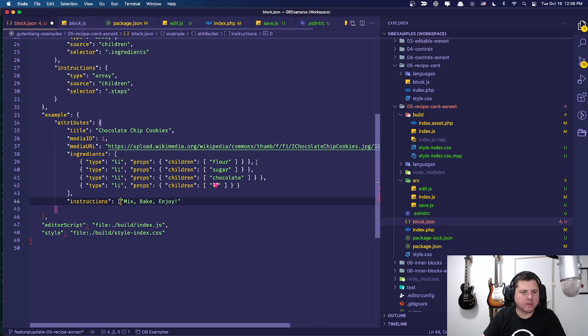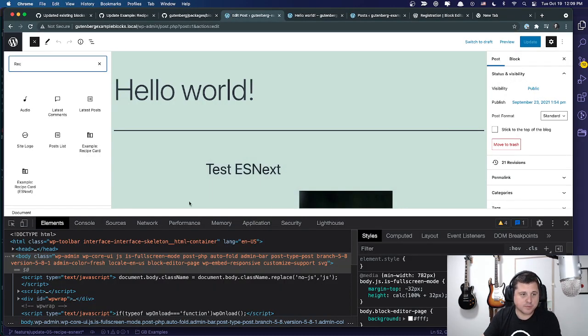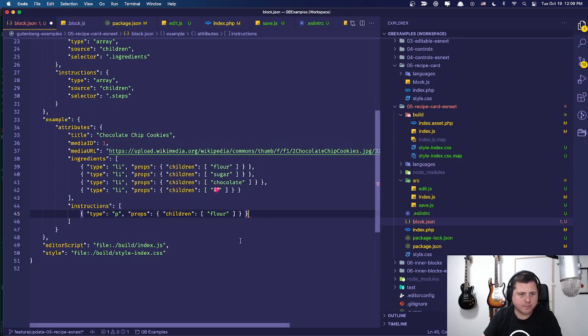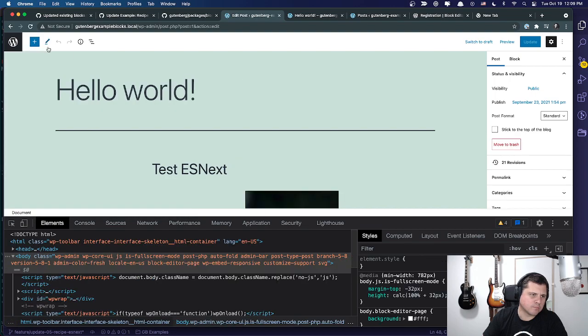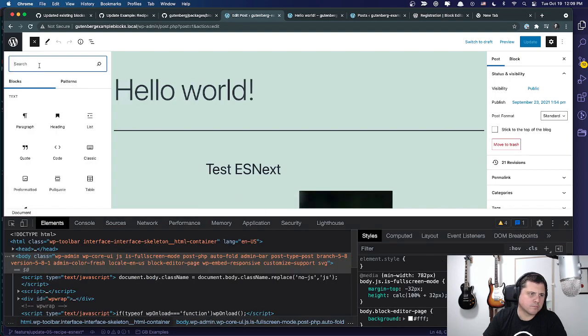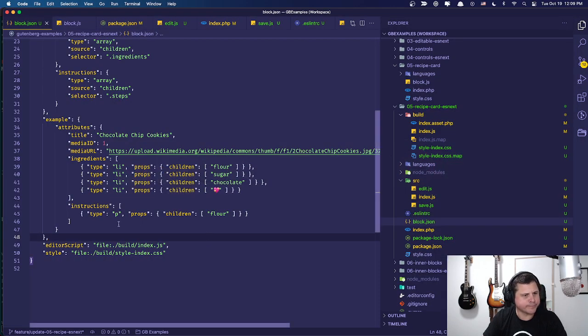Expecting an array. I wonder if it needs to be like this. This is super unintuitive if that's what it is. I'm probably just doing it a bit wrong, but let's see. Okay, so,